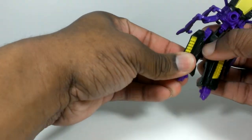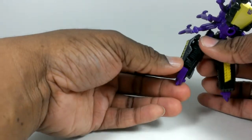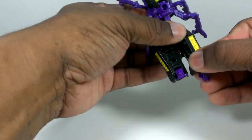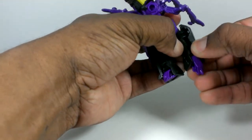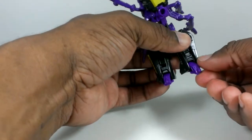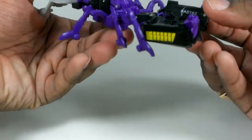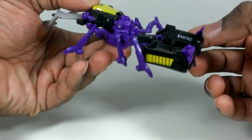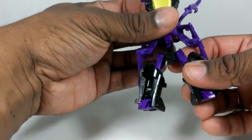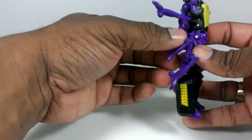Move these panels right here to the side. Push this up to become his feet. Move this panel off to the side. Push this foot up. And I'm going to talk about briefly something that Hasbro has been doing recently. They've been putting these little codes right in some obvious spots on the robot mode, which is a nuisance. But I just wanted to talk about that for a split second. Anyway, now,